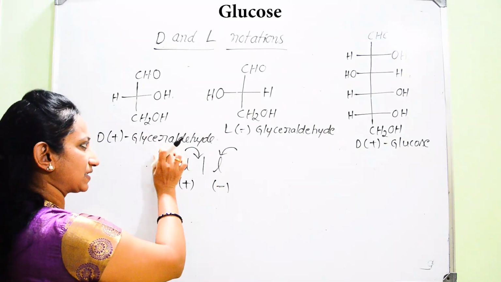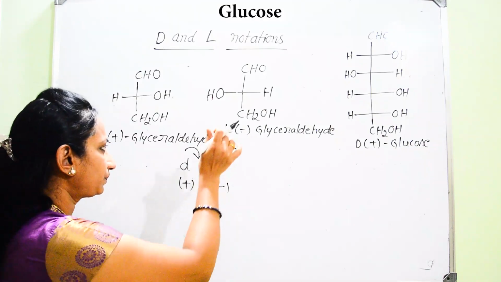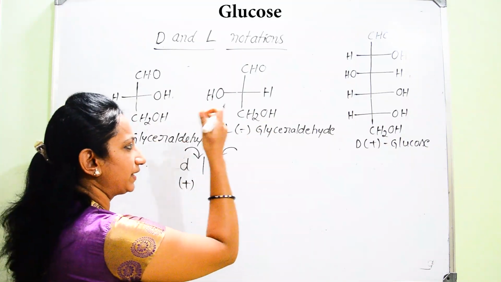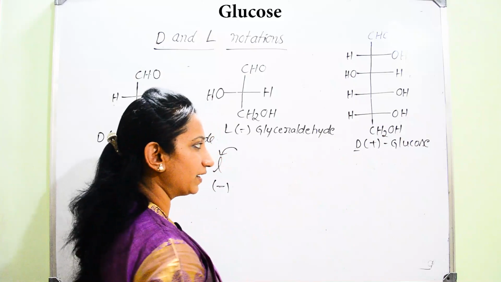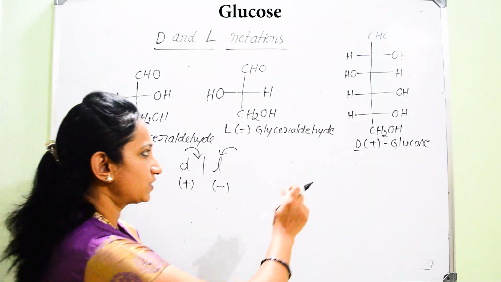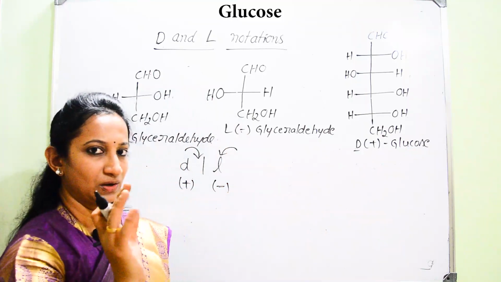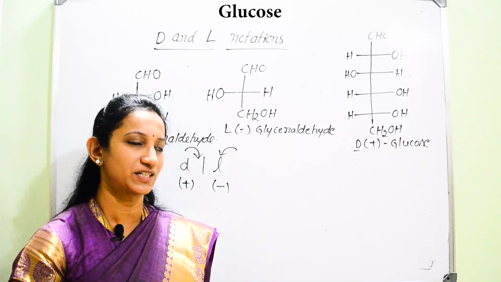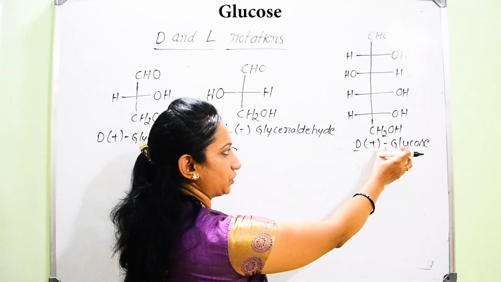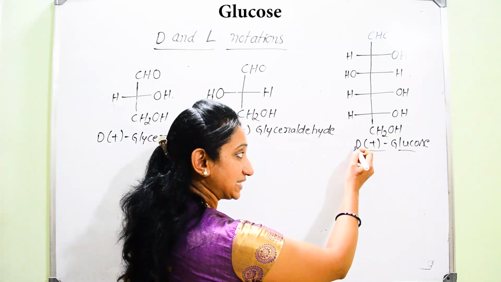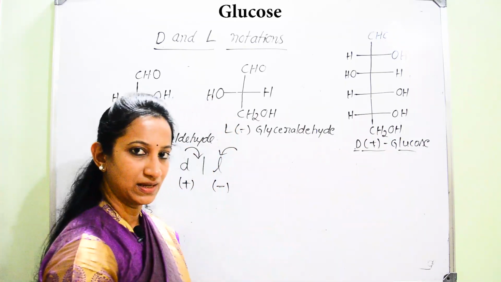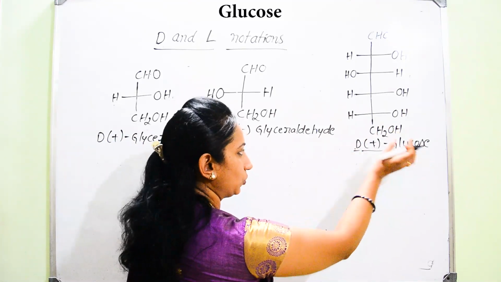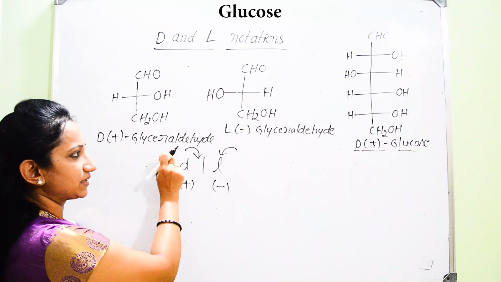So why have I considered glyceraldehyde as standard? Because once you take glyceraldehyde as standard, by comparing these notations we can give the same notation, either D or L, for different isomers. Now specifically I am taking glucose. We have already elucidated the open chain structure of glucose. Who gave it? That is Fischer. He was able to give the open chain structure for glucose. He denoted that glucose as D positive, D plus glucose. Then what does this D stand for? He is relating the configuration of glucose with respect to D-glyceraldehyde.